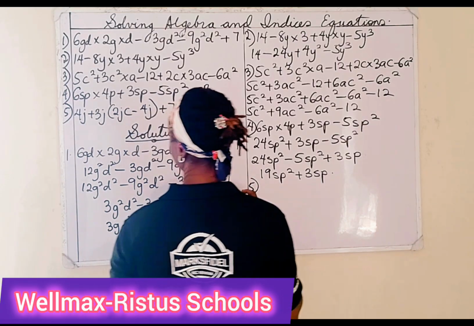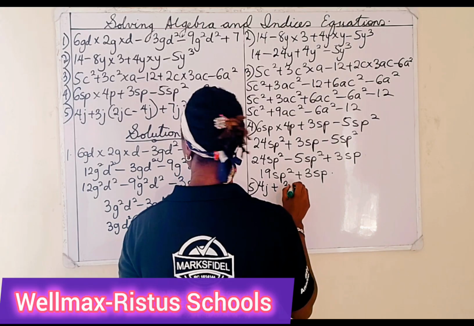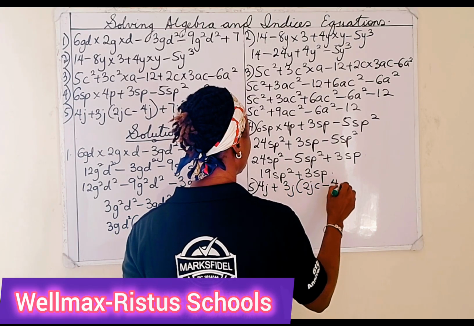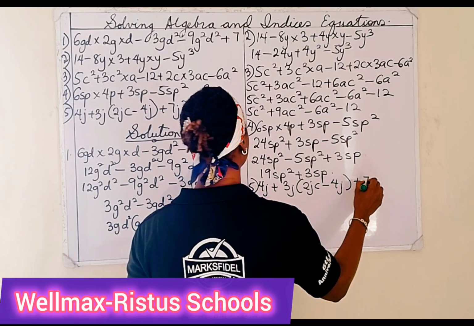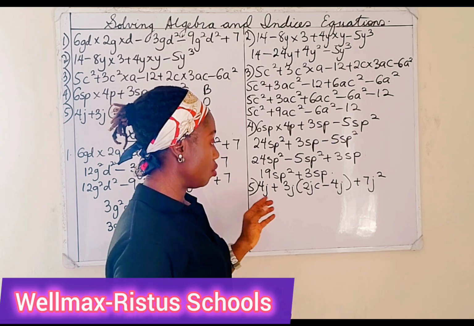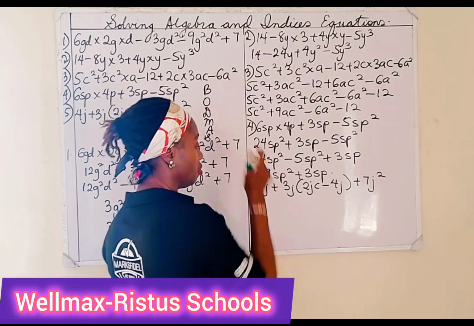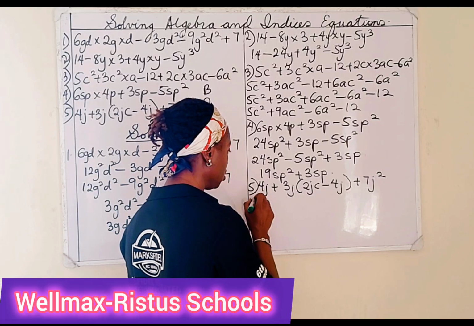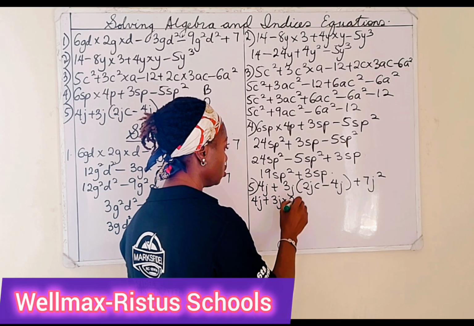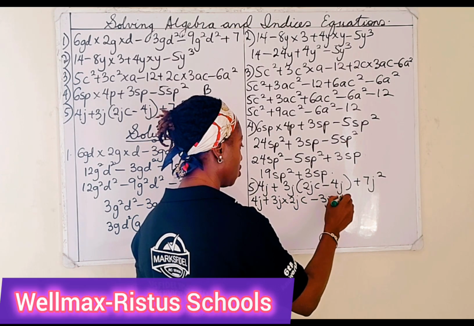Question 5. 4j plus 3j into bracket 2jc minus 4j plus 7j squared. Okay, now we're going to open the brackets, which is the first rule in BODMAS. So we have 4j plus 3j times 2jc minus 3j times 4j